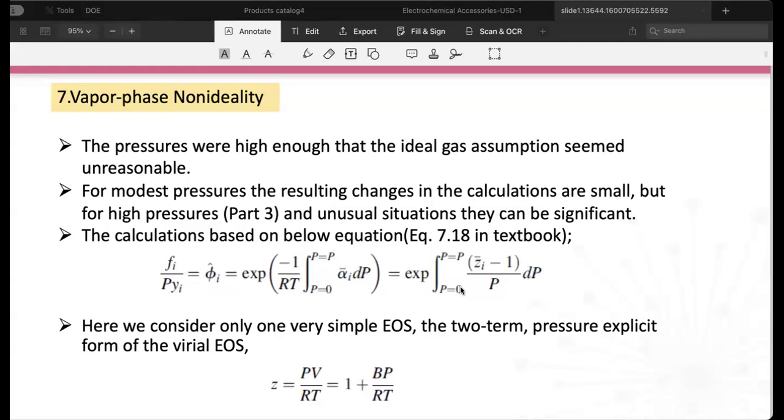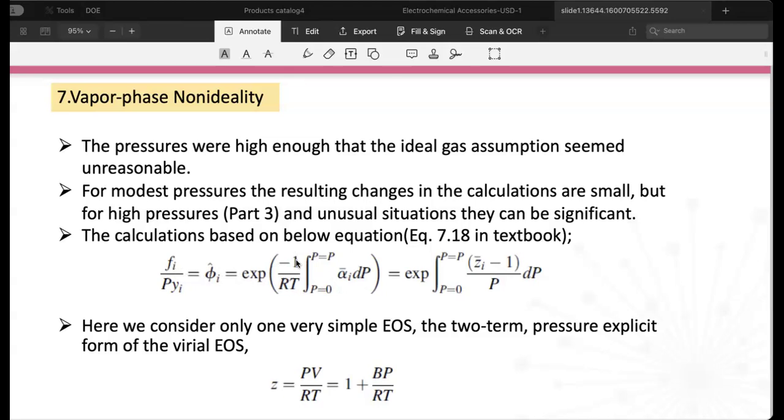But if the pressure is not that low, of course you deviate from the fugacity coefficient of 1 to something else, right? You have to integrate, you have to find the phi i hat by yourself using an EOS or whatever. For example, this one, we can use an EOS; we calculate it this way, because phi i hat is